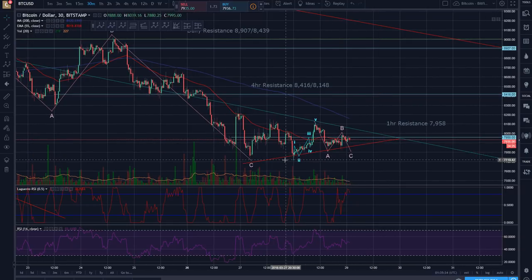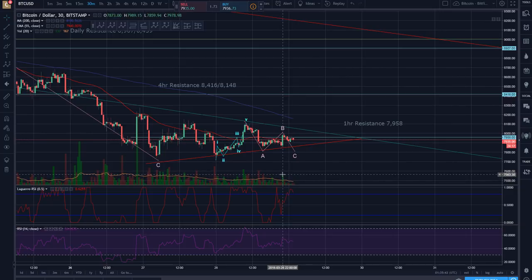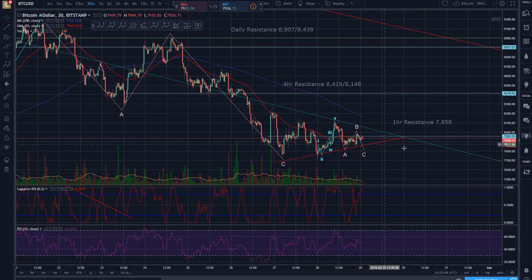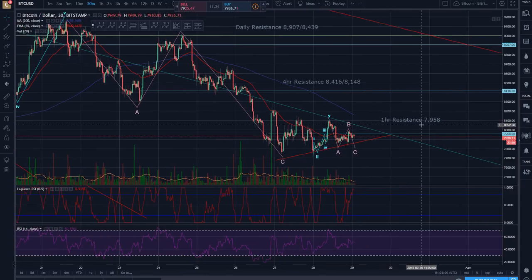Especially since we went up here and then the retracement was so deep and so hard, and then we've gone sideways from here. We had tried to have another bullish candle right here, but then it was selling off, pretty much going sideways from here. The volume is next to nil. It is so low, and maybe that's one of the reasons why we're not really pushing up. We had this 1 hour resistance of